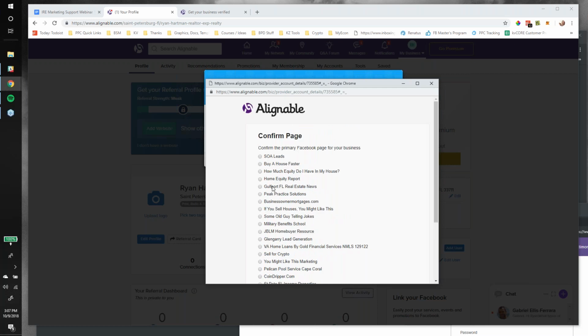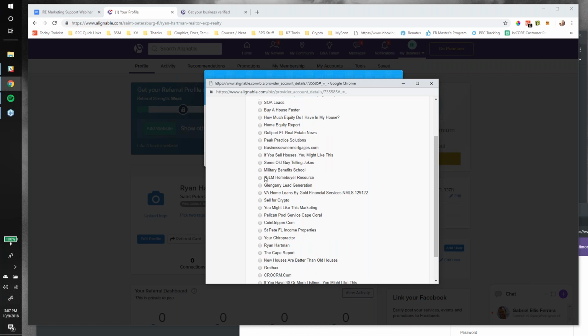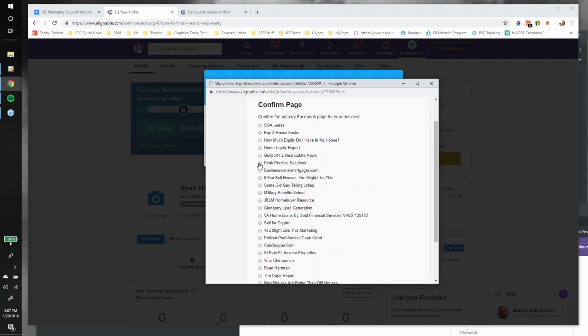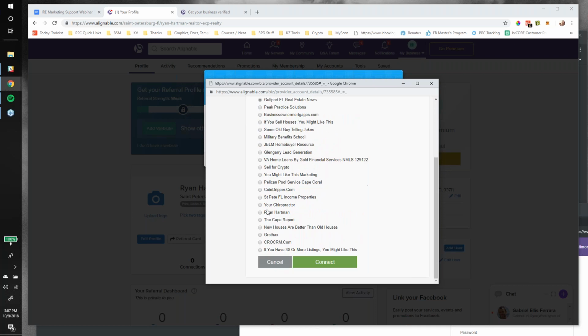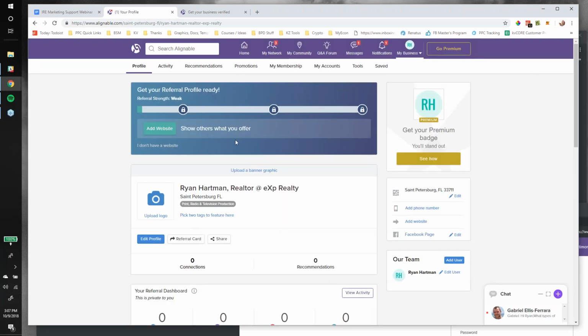I have so many pages here. I will do one of my St. Pete ones. So you can connect your business page on Facebook. That's what I'm doing right now, so that later, if you're doing events and stuff, the two platforms will talk to each other. That's interesting. And I'm going to posit here that if you just pick one channel, Facebook, LinkedIn, Twitter, maybe Alignable can be it for you. You could probably run your whole business by just living in this social media network if you really take it upon yourself to really work it.